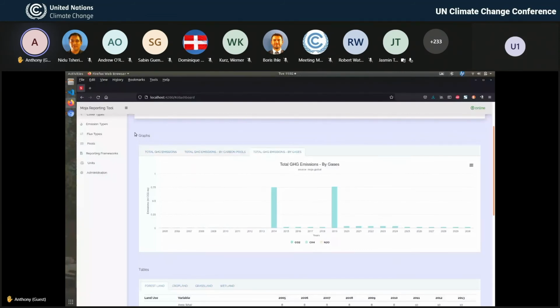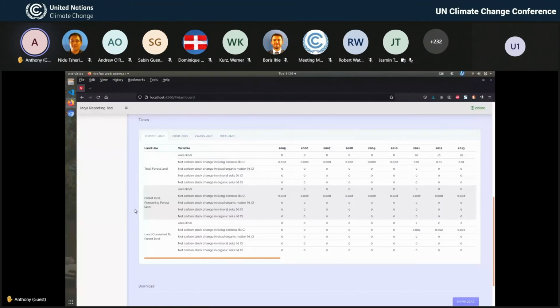Then remember, I talked about the CRF tables. You can see a summary of them here. So here you see a summary for the forest land. If the particular database had cropland issues, you'll also see cropland summaries here. Then you can see grasslands and wetland. This will depend on what was in the database that was being processed.